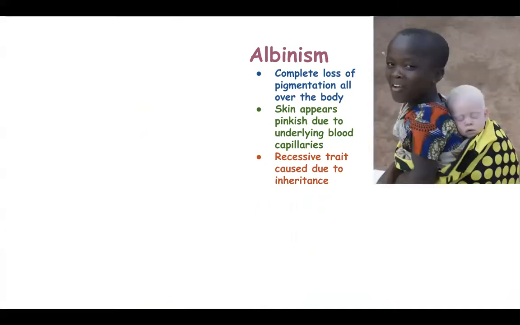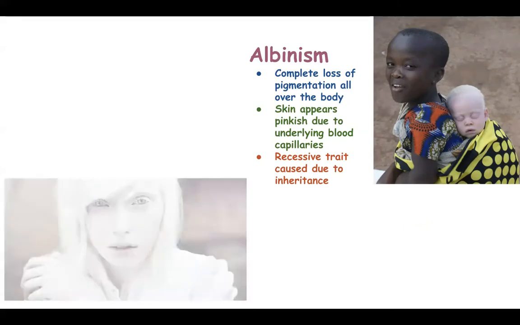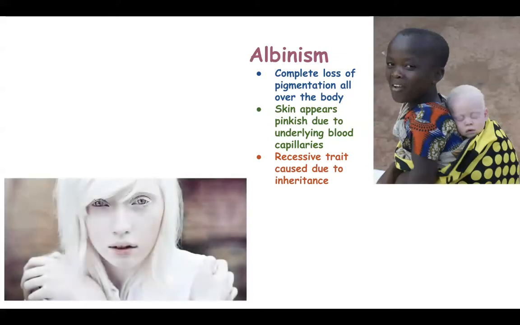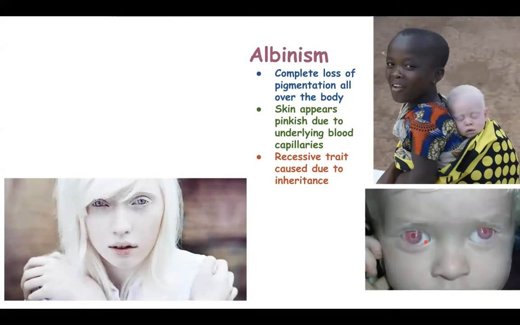As you can see, this is a South African girl having a brother who's suffering from albinism. Now, albinism in itself is not a debilitating or a life-threatening disorder. It's simply loss of skin pigmentation. So these people cannot withstand sunlight. There is complete loss of pigmentation from the iris also, from the skin, from the hair, from eyelashes and eyebrows. Iris of the eye appears pinkish due to underlying blood capillaries. So these people cannot tolerate even a slight exposure to sunlight.